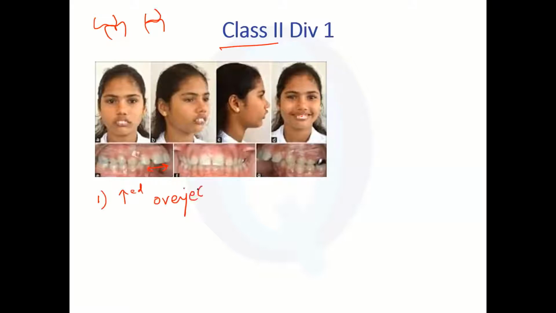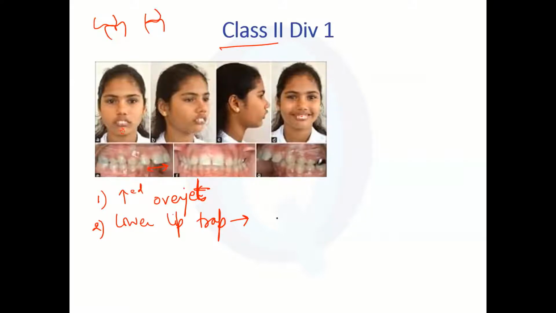What is the next thing that you can see? Anyone? Let's find out if you can make it out from this photograph. Lower lip trap is there. Very good. I'm going to write all these things down and explain. Very good, Dr. Anita. If there is a lower lip trap, what will happen? You will see puckering of the lower chin.